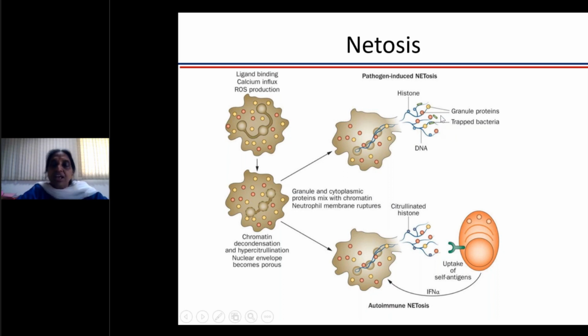And it is thought that this is happening because this is a very efficient mechanism to clear the bacteria which are present in the vicinity, and plus the neutrophil can still be saved, because otherwise we know that in neutrophils, once it comes out, it can never go back. It has to die. It just reaches its graveyard and it dies. But in some form of netosis, the neutrophil can survive and look after more bacterial threats.